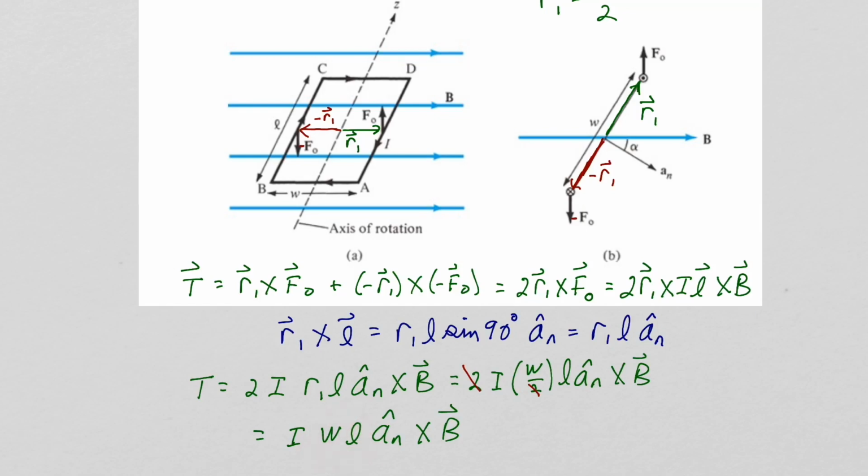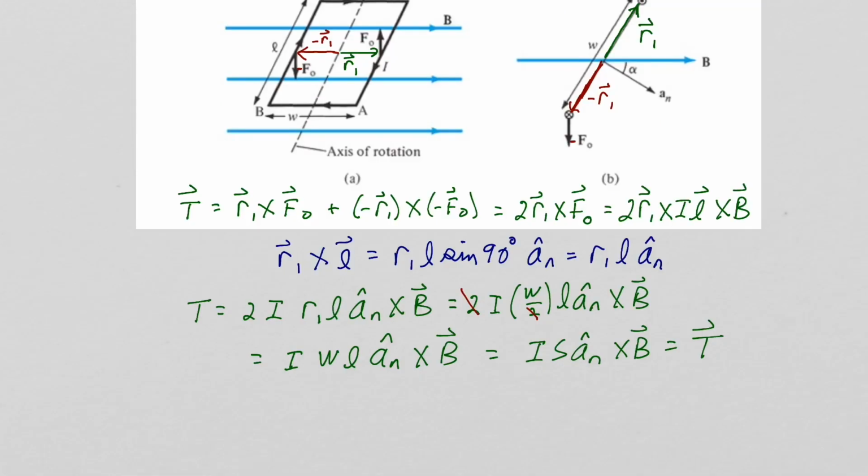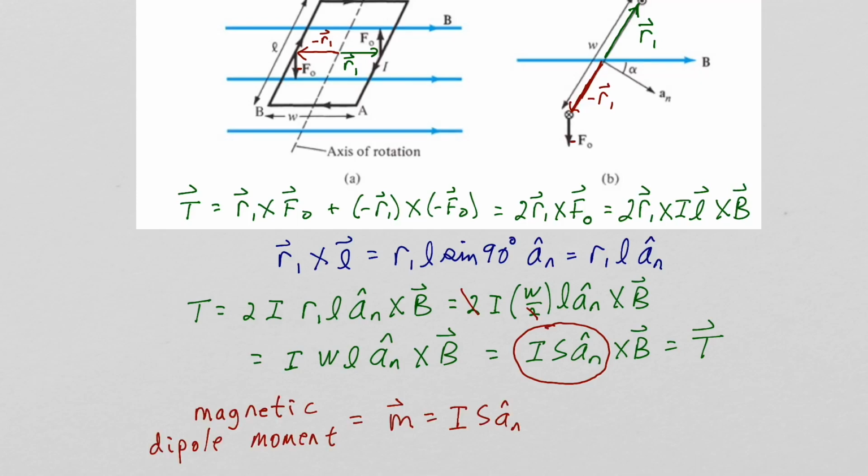Now W times L is just the area of our rectangular current loop, so let's replace W times L with S. So here is our expression for the torque on our current loop. We are going to define this term as the magnetic dipole moment, and we'll give it the symbol lowercase m, and since it's a product of a current and an area, the units for magnetic dipole moment are amps meters